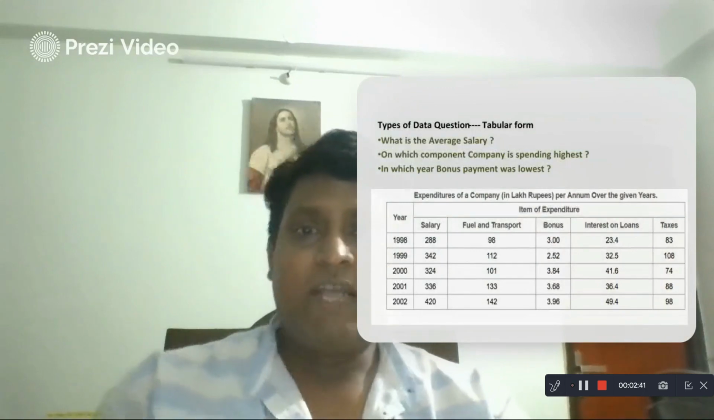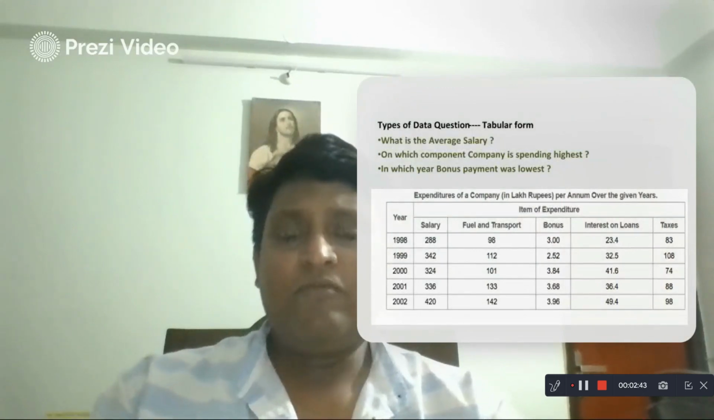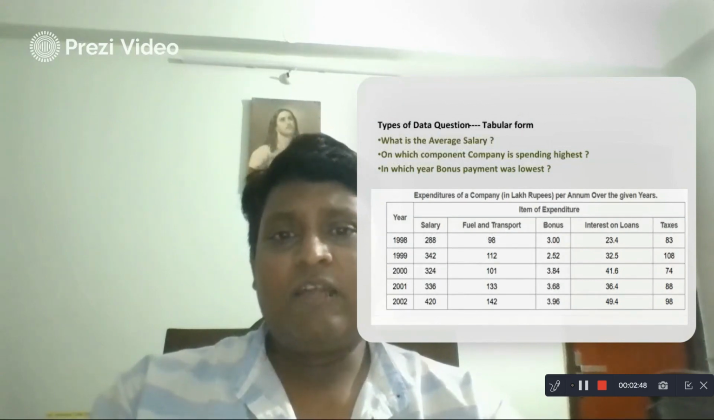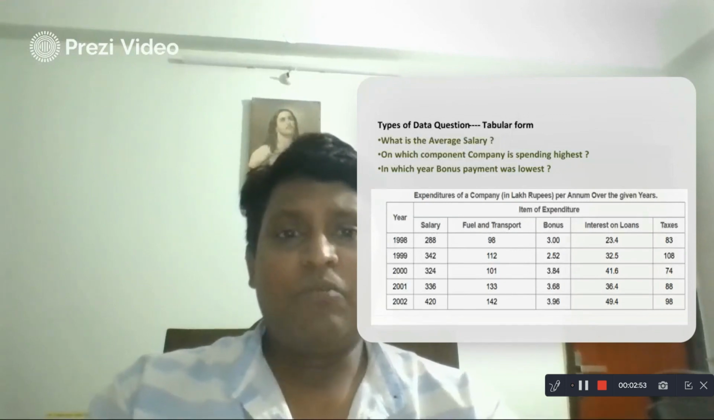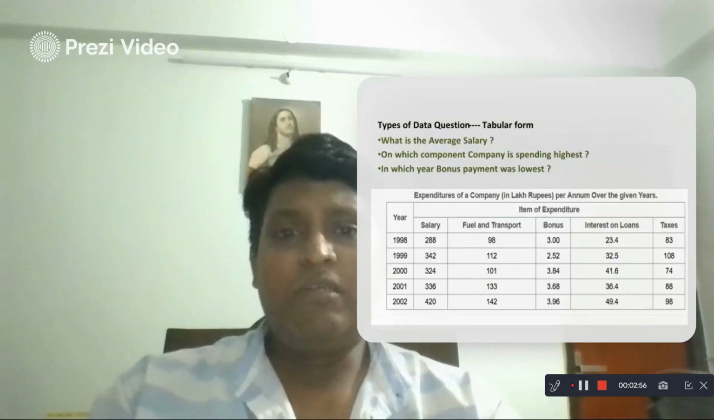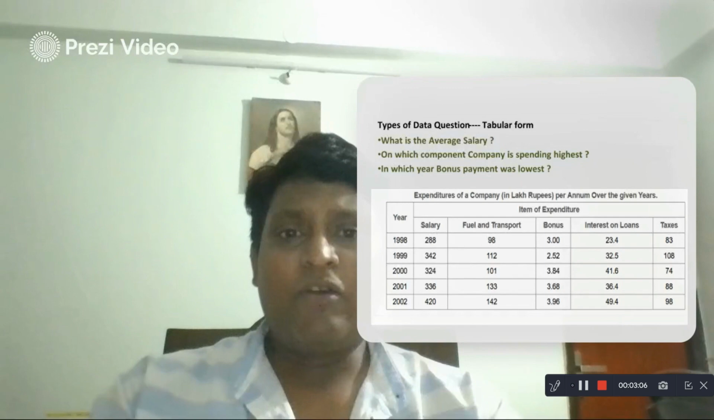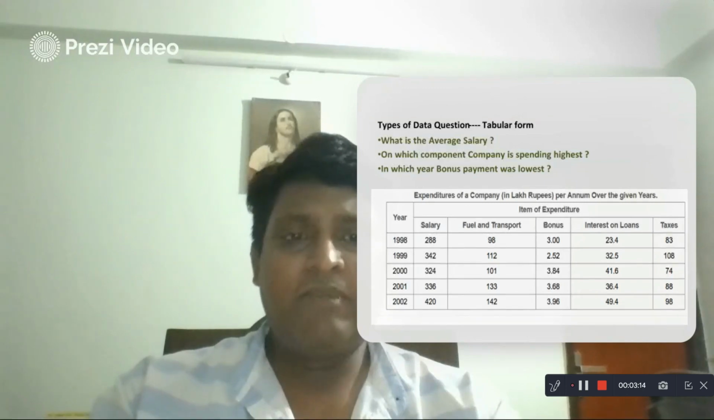Now, data can be in tabular form. In this sheet you can see that the data is shown in a tabular form, and it asks us what the average salary is, on which component the company is spending the highest, and in which year bonus payment was lowest. So we have to note down, and then we can easily find the average salary and the component on which the company spends the highest. You can find that the company is mainly paying its employees on fuel